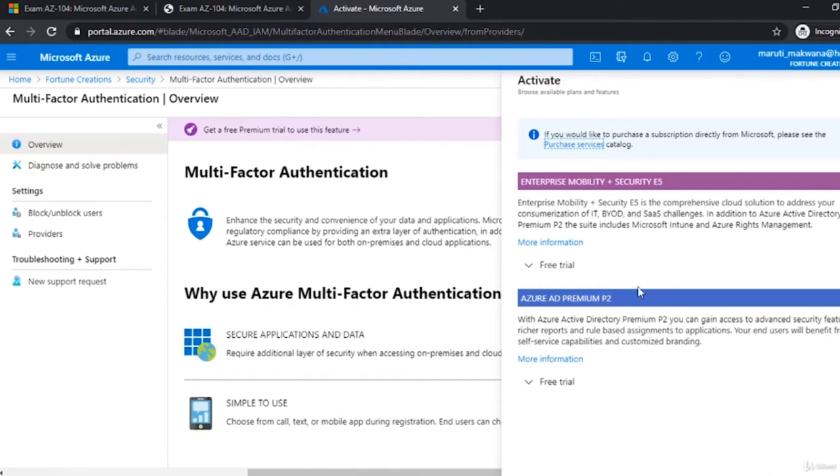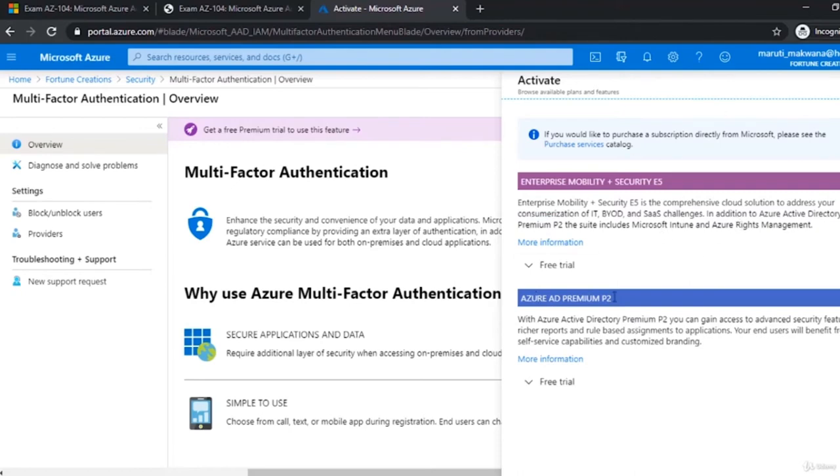Either I can get Azure AD Premium P2 directly, or I can use my Enterprise Mobility plus Security E5 feature, in which I also get Azure AD Premium P2. So either you take P2 of AD, or you can take the full suite, which has all of this inside.